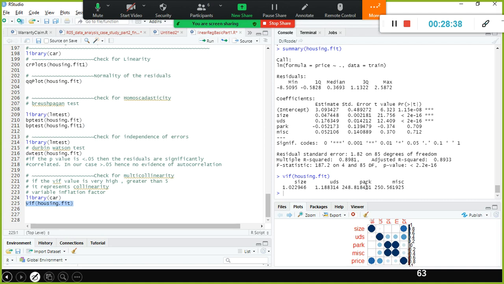As I told you, of these two collinear variables, drop any one of them and retain only one. For example, MISC you drop it, and you create a model with these three features. See, I am going to ask questions, please concentrate. The next step is, what am I going to do? I create one model with these three features, I note down the RMSE. What is the next step I am going to do?